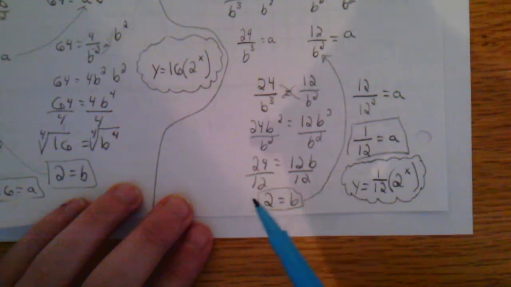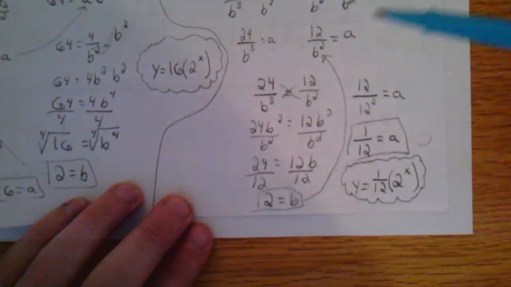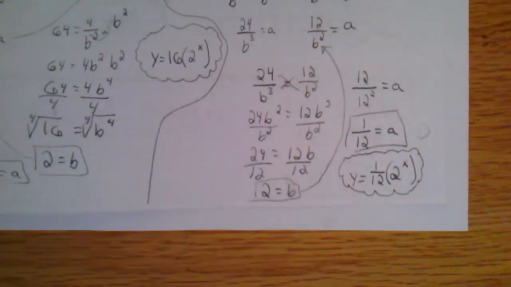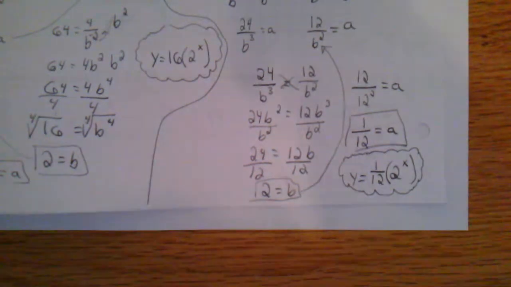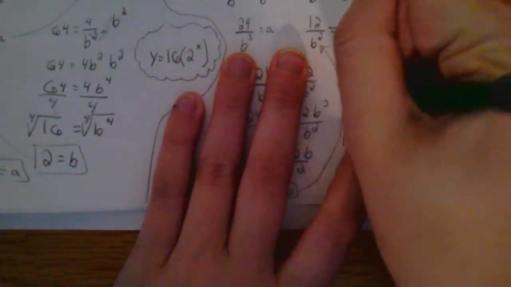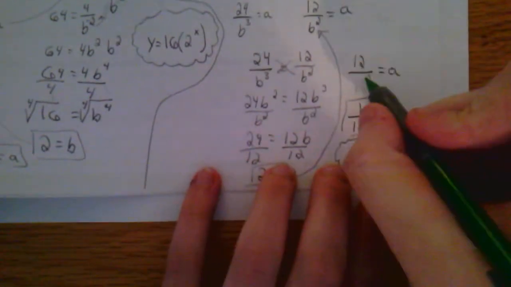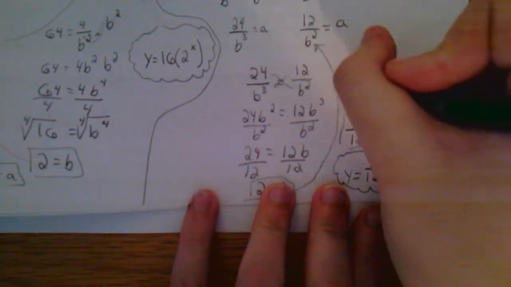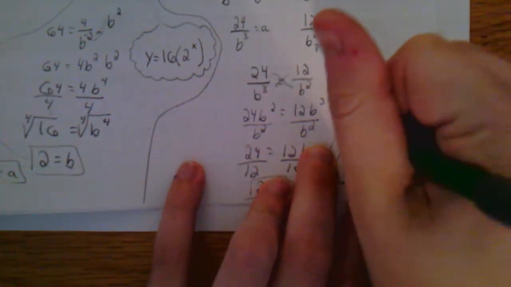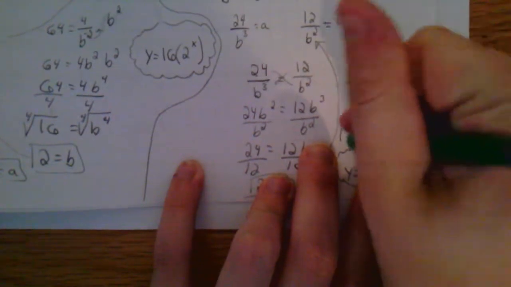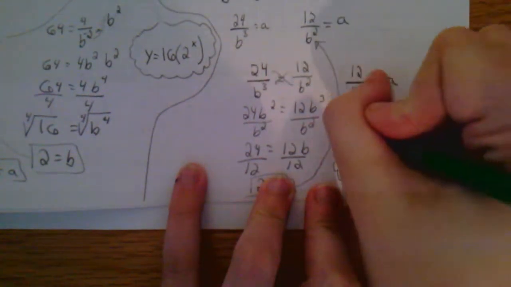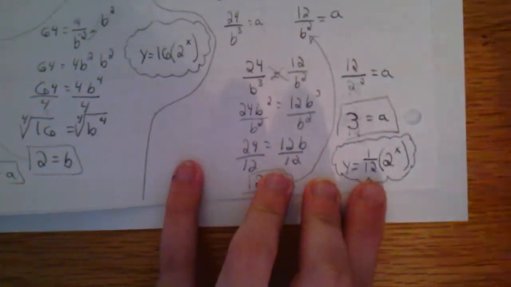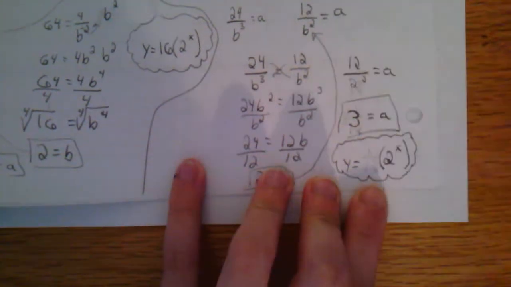Now that I'm looking at this, I think this is wrong. Go ahead and change this one. I'll just change this later. But it shouldn't be 12. I don't know where I got 12 from. But I'm plugging b into this formula, so I should get that 12. And then on the denominator, I get 2 squared, which gives me 4. And then 12 divided by 4 should give me 3. Don't really know where I got that variable from. Gives me 3. And then my final answer should actually be a 3,